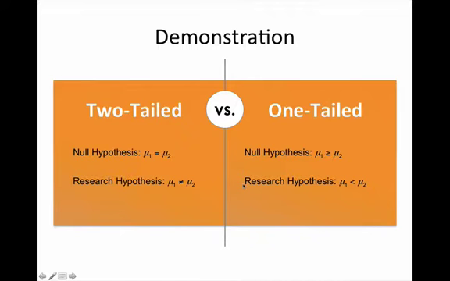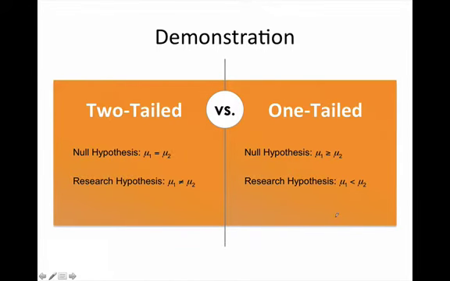These realities are reflected also in the expression of your hypothesis tests. So in a null hypothesis case, when we have a two-tailed test, we're testing whether or not the two groups are equal. So we have mu1 is equal to mu2, or we have mu1 is not equal to mu2 in the research case. For a null hypothesis situation in which we're testing whether or not there's an increase from time 1 to time 2,